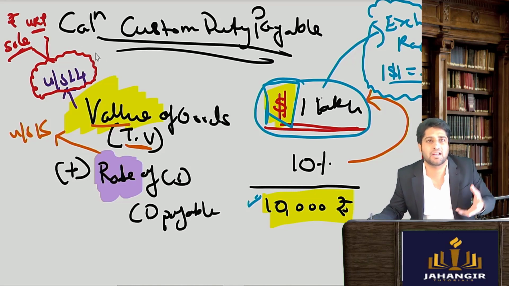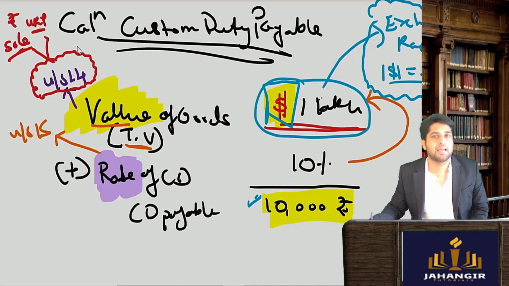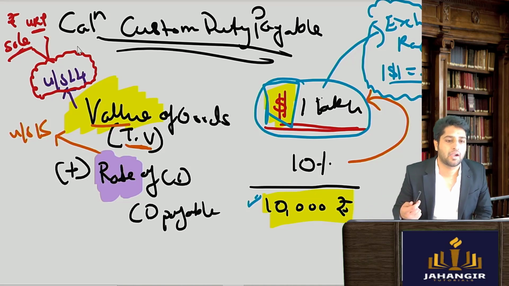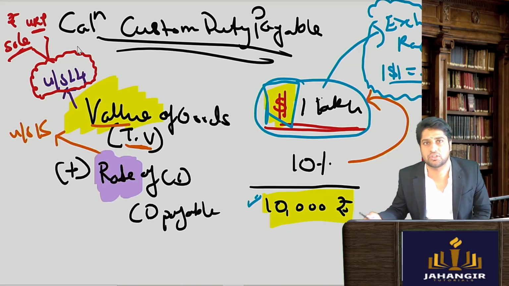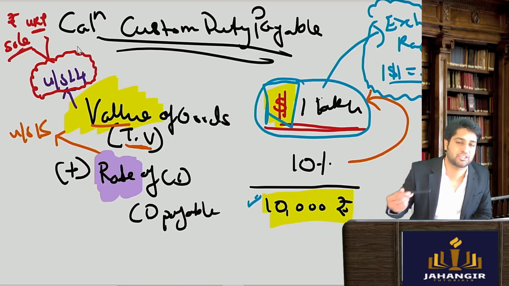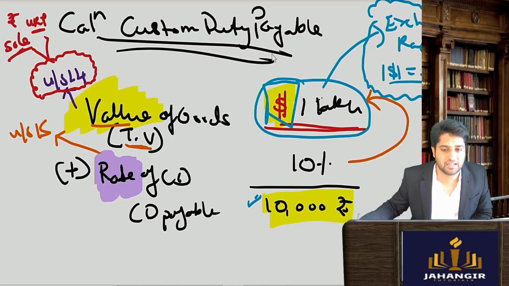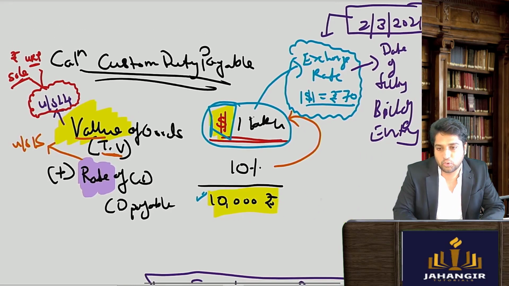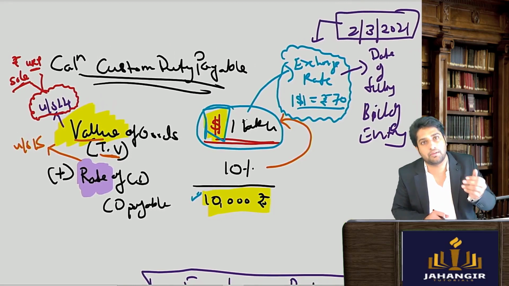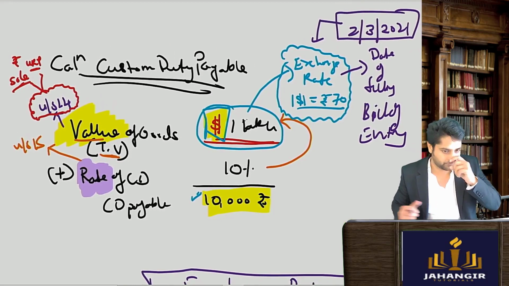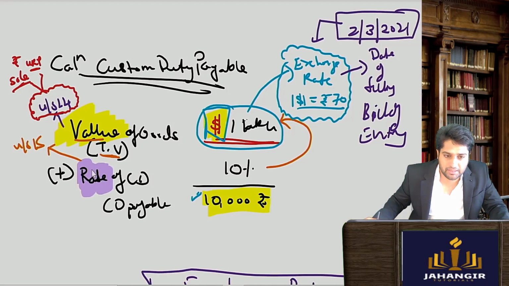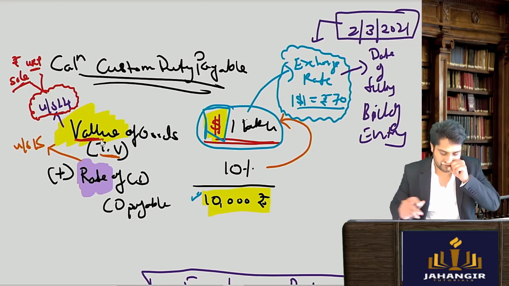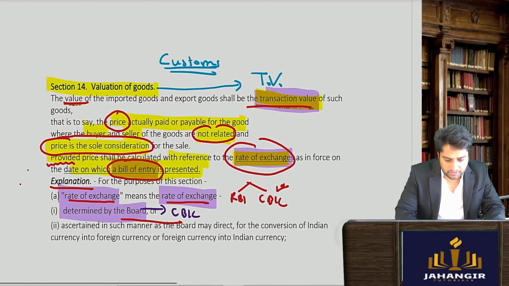It is common sense. Suppose my brother is abroad and is sending me some goods. He will not charge the normal rate, he will charge me a much more concessional rate. The government is not going to levy duty on the concessional rate. They will say we can't trust your transaction value, we will have to apply some rules. Those rules we will also do after some time. Now the valuation part is done. Now coming to Section number 15.